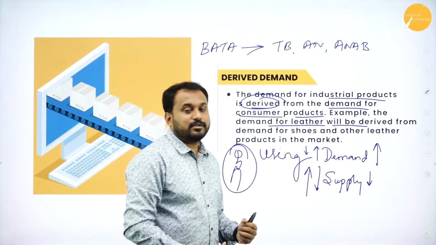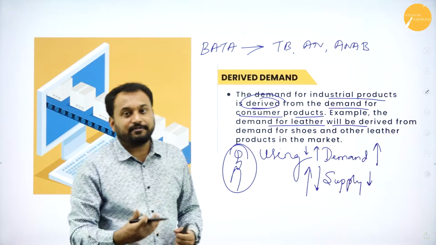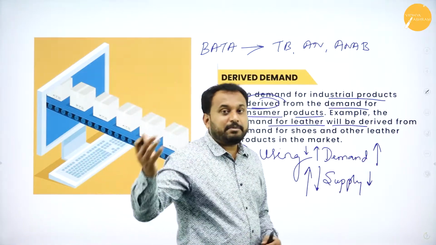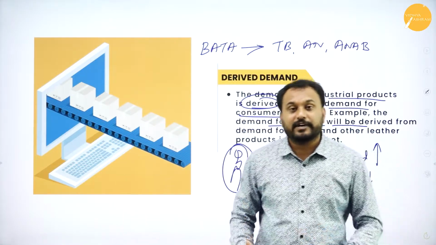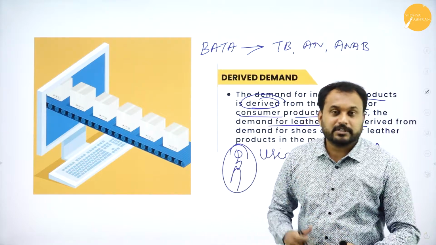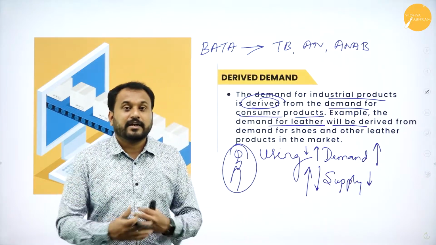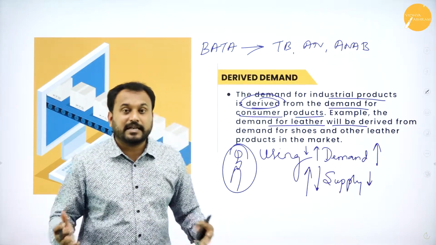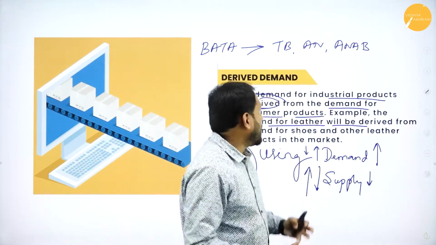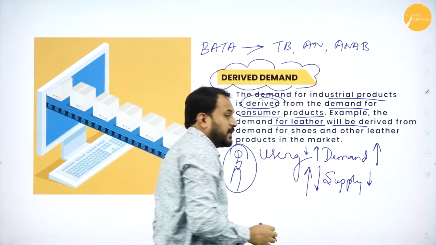So what happened? They started with the Batoki shoe, which is half leather, half textile. When they started with this half textile and half leather, many people thought that this is a new trend, a new fashion, and they started with a small petty shop. When they started manufacturing shoes, where has this company gone now? It's a multinational company, and it is present everywhere across the globe. Now you will get to know derived demand from a small shop in Switzerland.